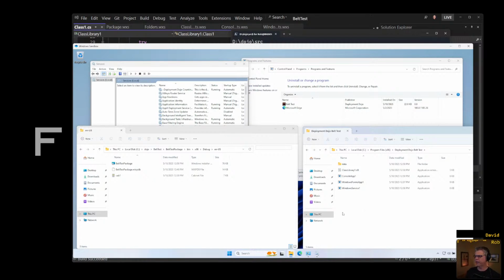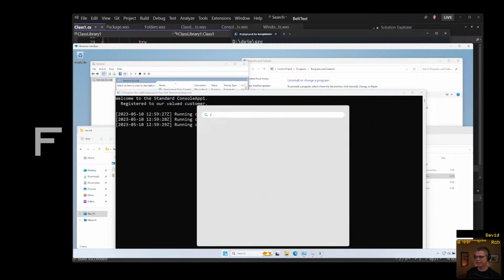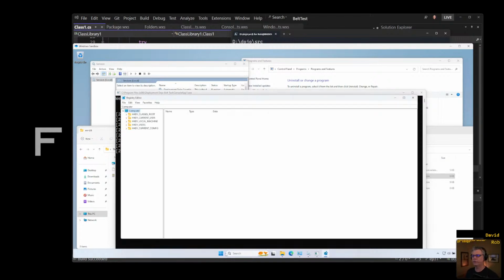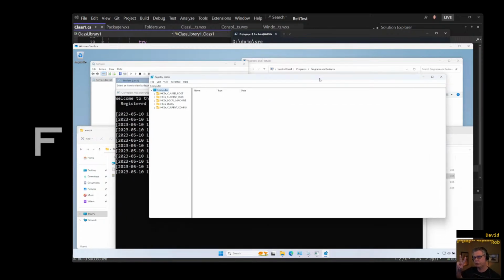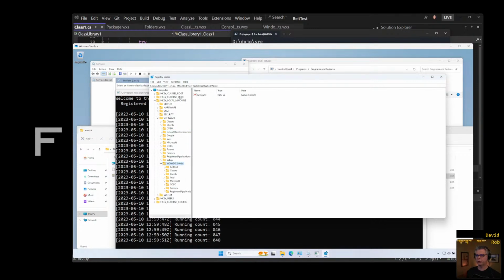All right, let's run the console app 1 real quick. That looks good. Let's see if we actually did anything, because the only way we can tell if we did anything is if we go look in the registry, right? Yep. Because in the end, this is all a big no-op, except that we should have 2 registry keys instead of just the one with the path in it. Local machine, system, down into the, I forgot. System, no, not system, software. Software into the 32-bit WoW key, and there's our belt test, and look at that. I know this is a little small, but we have 2 keys.